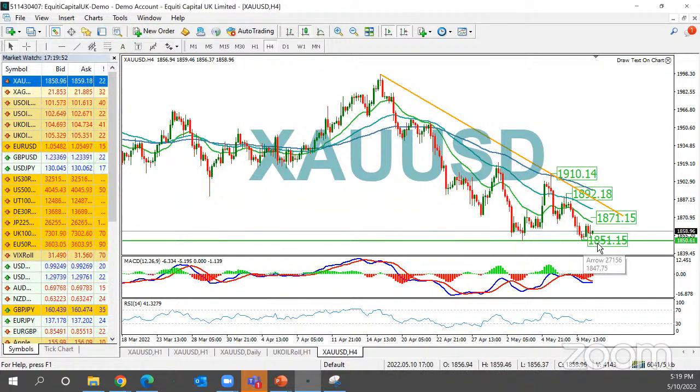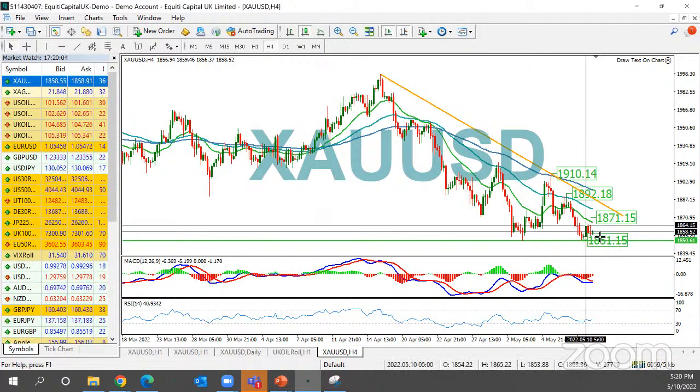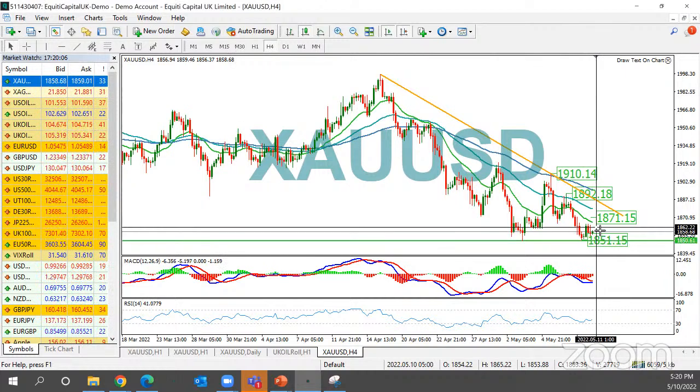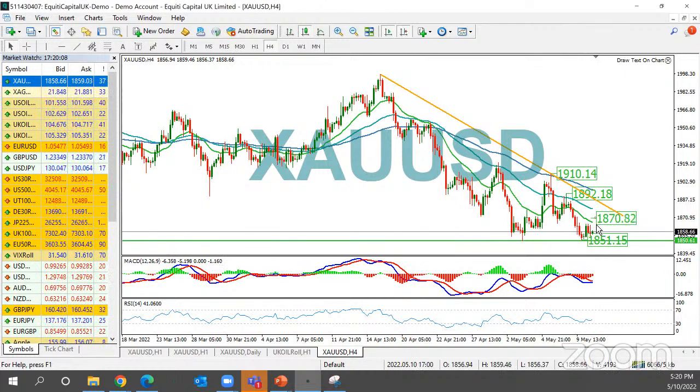However, we have a strong support level. A defeat of the 1850 mark is required to confirm the downtrend. This downtrend could finish if prices retrace back to the upside. What's the main level to look for? This moving average over here, the 1867. A defeat of the 1867 is the first target for bullish traders. A defeat of that level could clear the path to these two levels, which are the 1893 or 1890